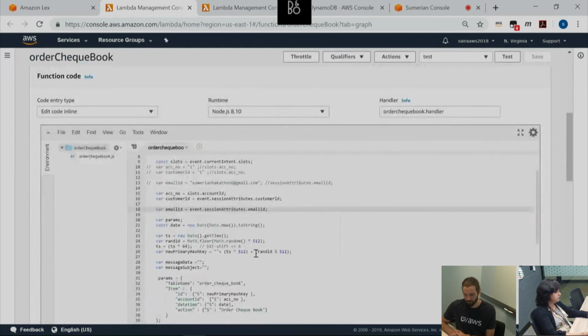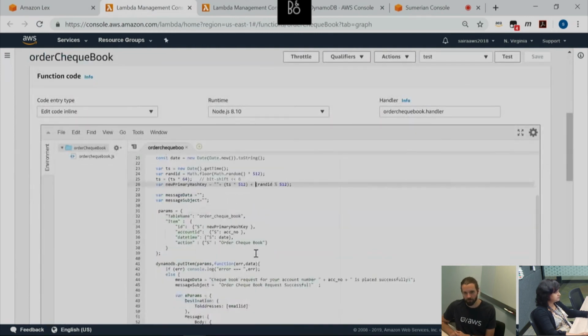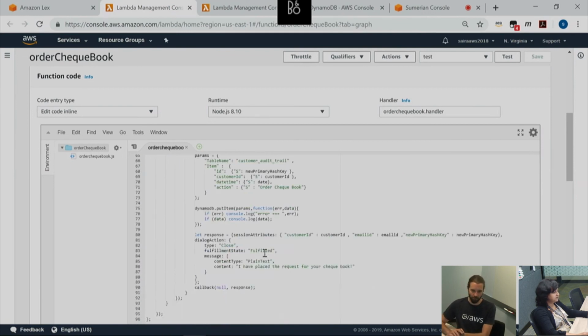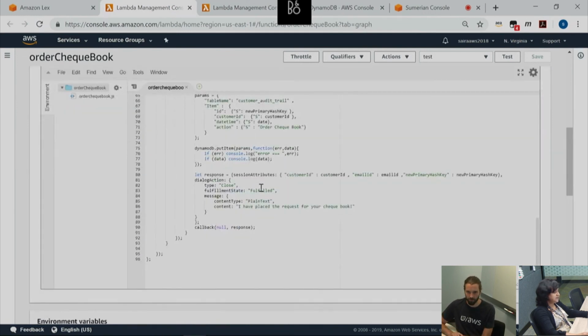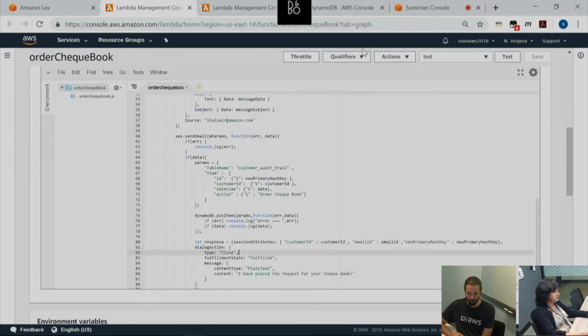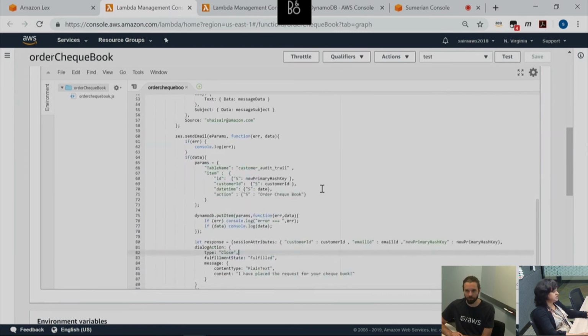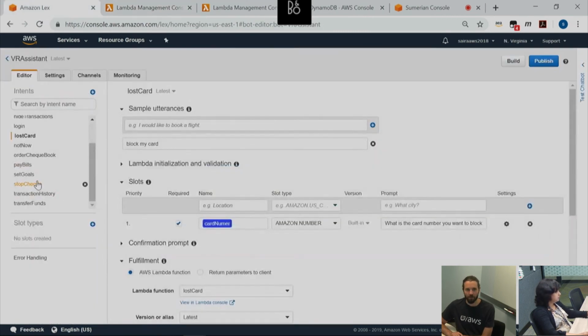For example, auto checkbook takes the details and places a request in the database, sends an email, and also adds to the audit trail database that the customer has placed a request for the checkbook. So it's taking the input captured in Lex and sending it to Dynamo. Yep.